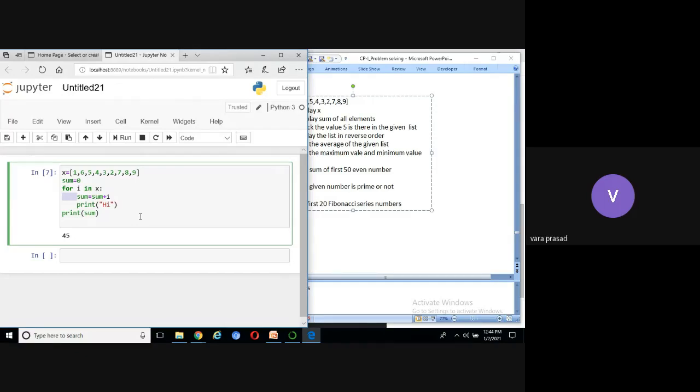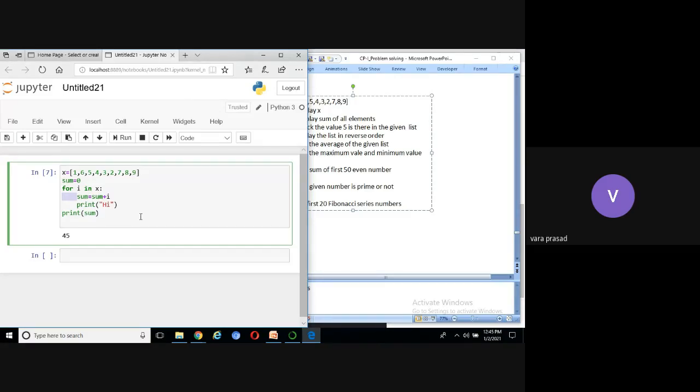Right? What is the output of this program? Display high how many times? 9 times. Display 45 how many times? Once. How does it display high? Is it displayed in one line or 9 lines? Line by line, 9 lines. Because print by default uses the newline character. It will print, by default invoke backslash n, then automatically it will go to the next line. Whatever output is coming, it will display in the next line.